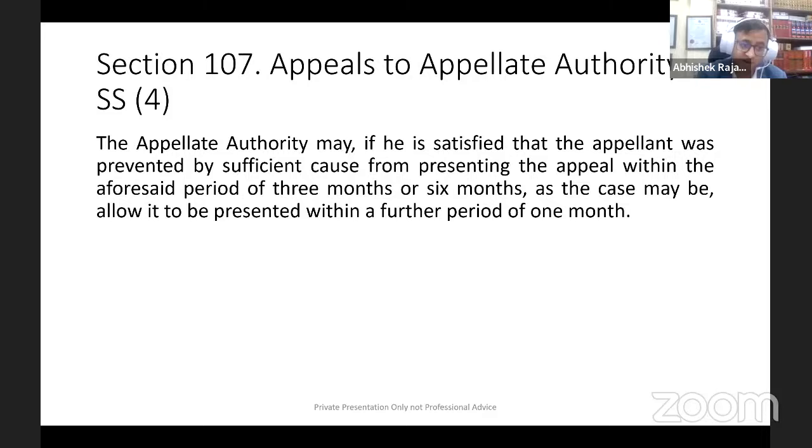See, when we had filed first appeal in 2022, in one of the cases, the pre-deposit was made after, let's say, 31st December, let's say the pre-deposit was made on 5th of January. So because there was a delay of 5 days, we had paid interest on those 5 days also. That time the interest was around 100 or something, 120 odd rupees. But we had paid the interest on that